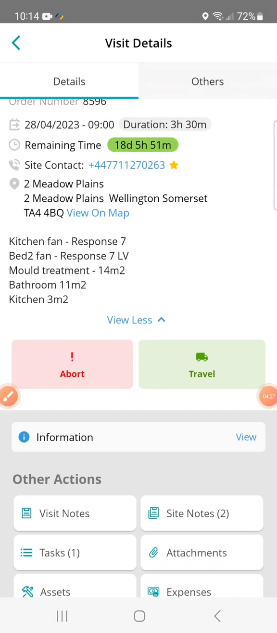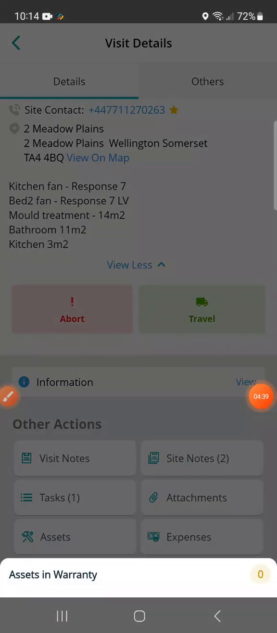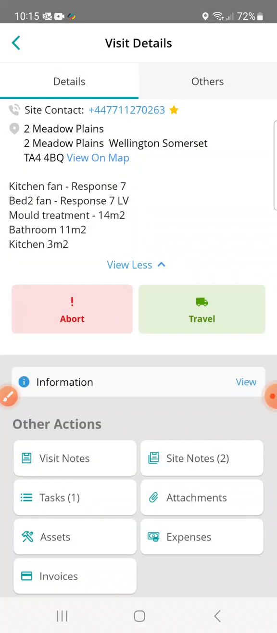If I scroll the screen up, I will reveal quite a few more buttons at the bottom. First of all, there's a bar saying information and view. If I click on view, I will see that I have an assets message at the bottom of the screen, but it doesn't give me any information because there are no assets in warranty on this screen. There are no products in that property that we have registered for warranty purposes. You can click out of this simply by clicking anywhere on the screen apart from that bar, and I get back to